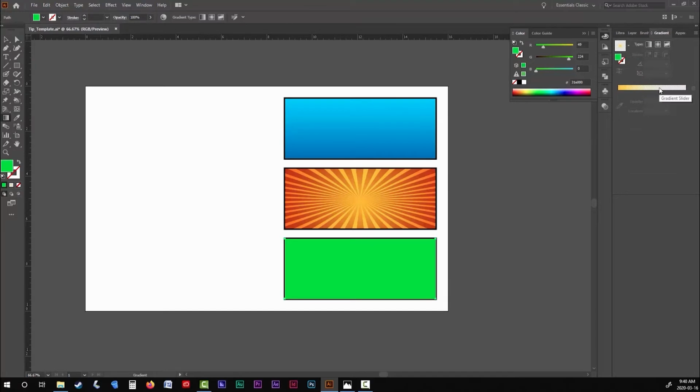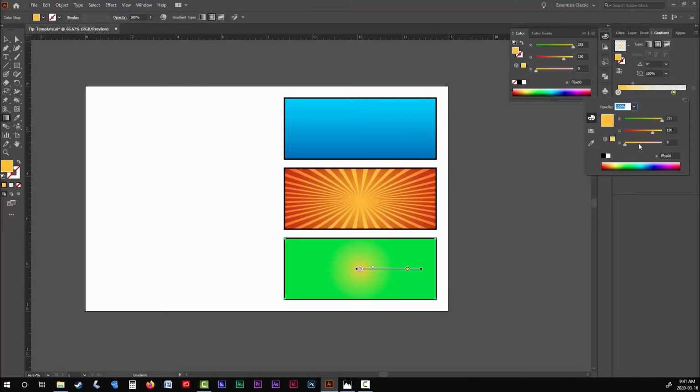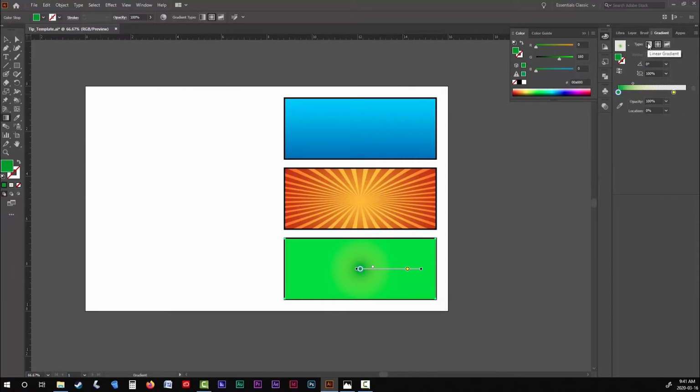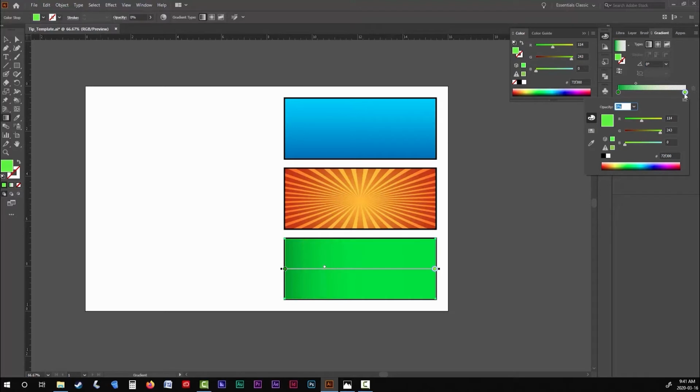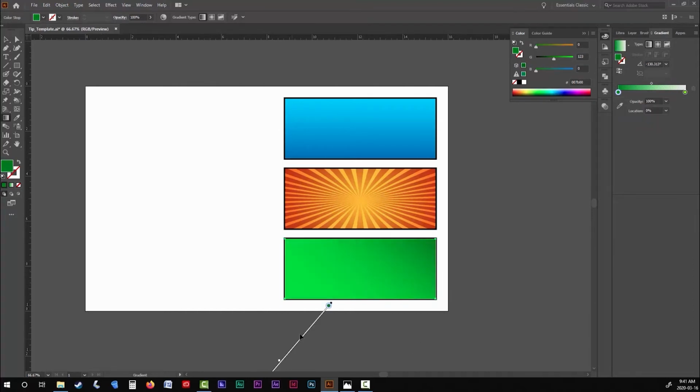Just like all the other gradient techniques, I'm going to start off by adding a gradient to this new background image. I'm going to make it a linear gradient this time, and I'm going to make the left color slightly darker than my background green. As for the right color, it really doesn't matter what color I use because I'm going to be bringing the opacity to 0 anyway. Now I'm going to rotate my gradient tool so that the dark end is rising from the bottom left-hand corner of my background.